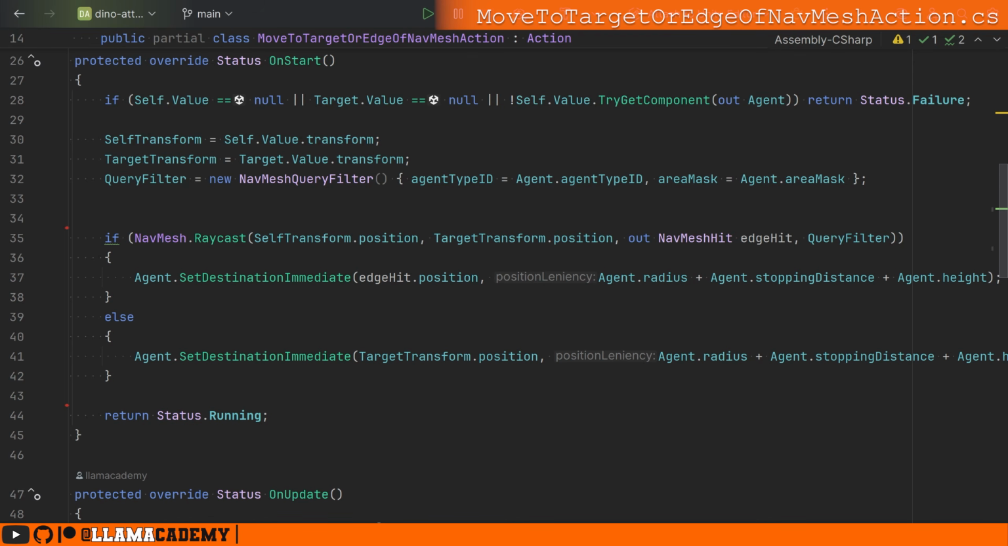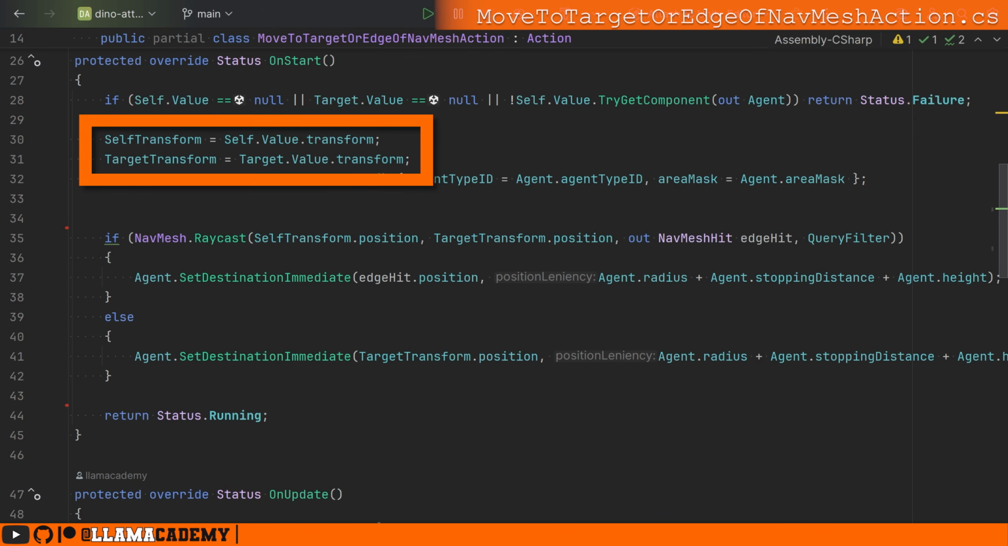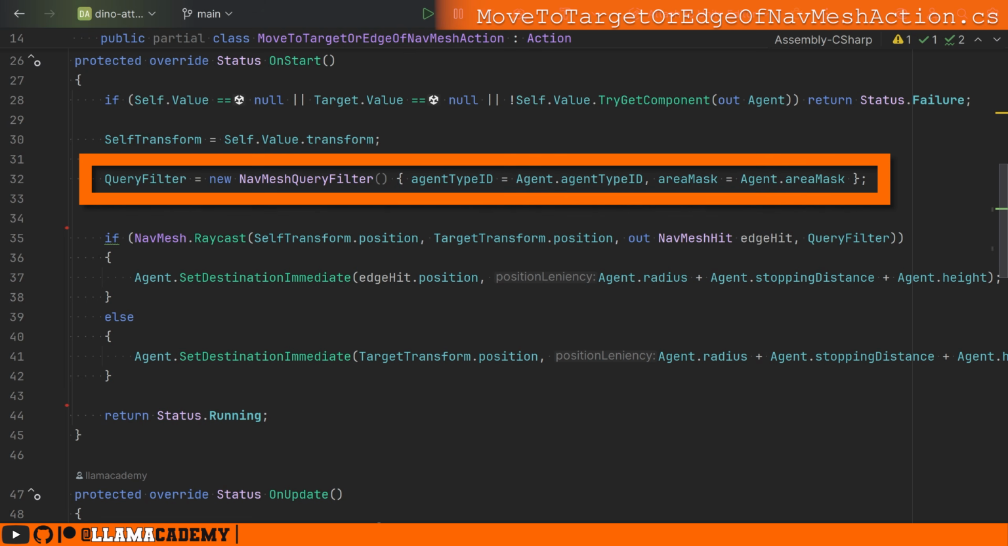We start off with just some simple validation, which is a standard pattern that I usually follow in these actions to make sure we have all the right components hooked up in Unity Behavior. Then we're simply getting a convenient reference to our own transform and the target's transform, that's the dino that we want to currently attack. Then we make a NavMesh query filter, which gives us more granular control when we're sampling